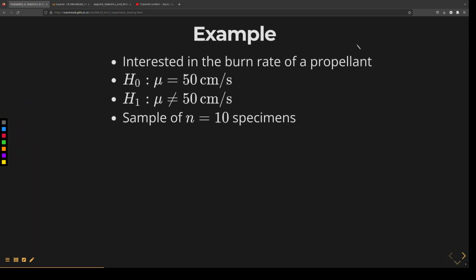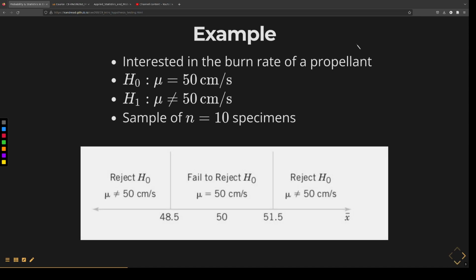And as an example that we're gonna bring up again later in this lecture, let's talk about the burn rate of a propellant. Let's say that we have a null hypothesis of our mean being equal to 50 centimeters per second. The alternative hypothesis would be that the mean is actually not equal to 50 centimeters per second. And if we take a sample of 10 observations, so 10 specimens,